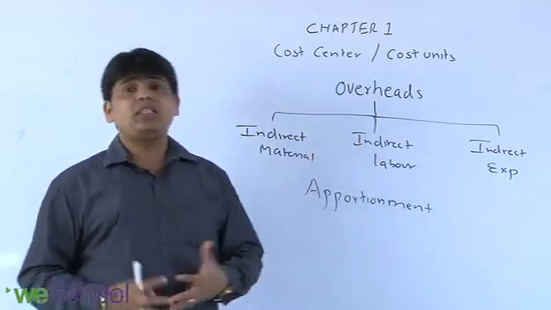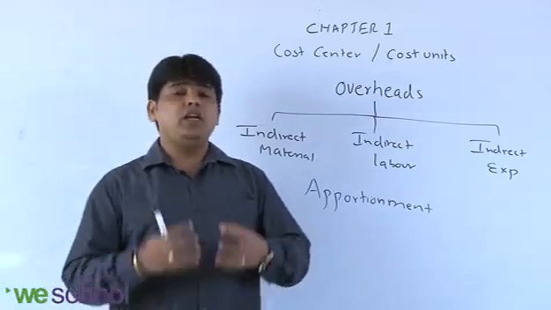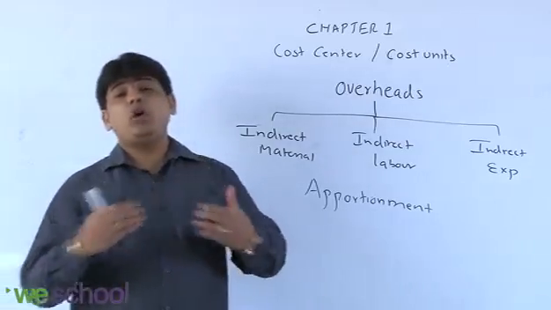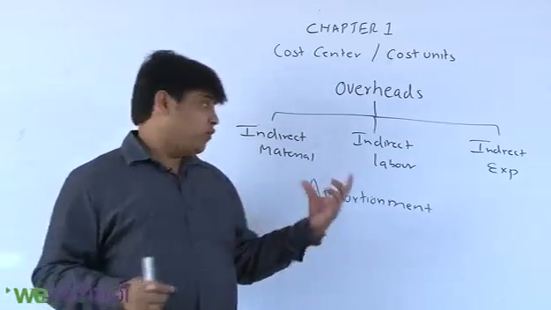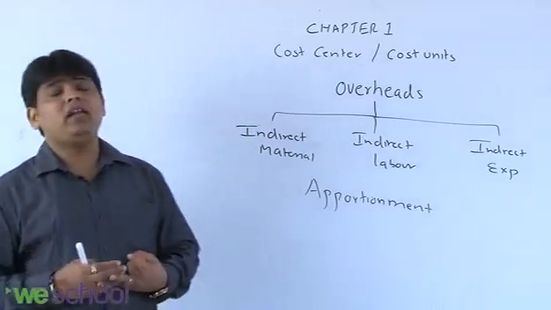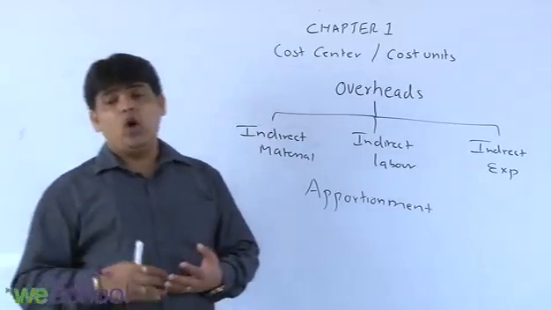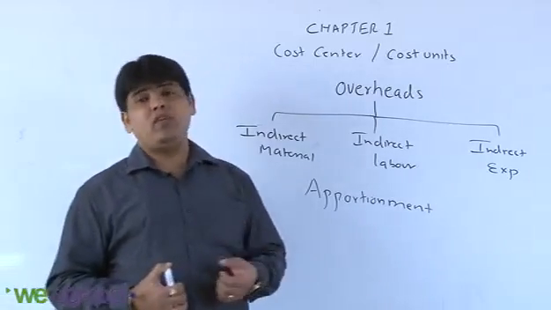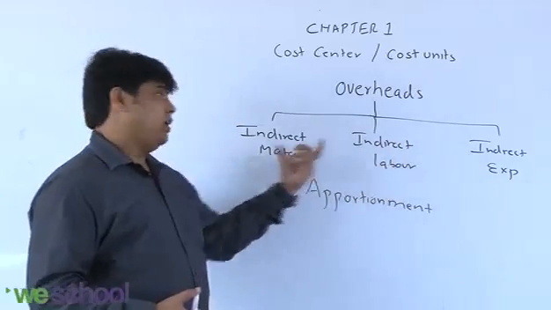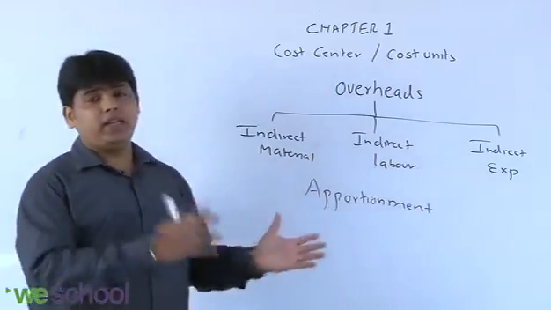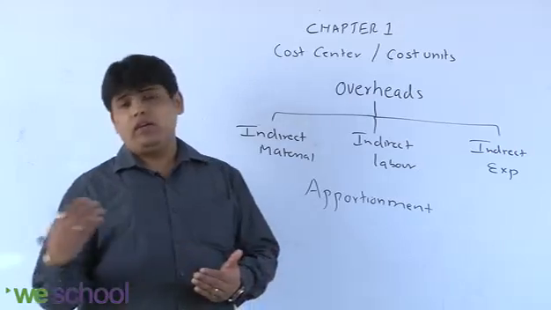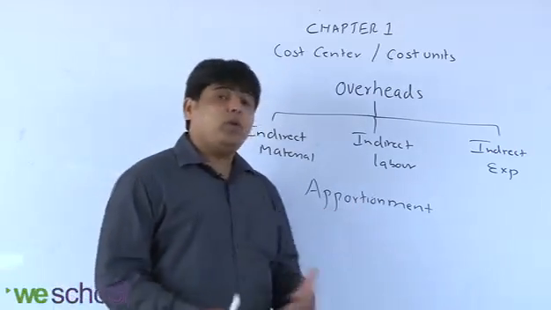But overheads are such expenses which the company finds difficult to allocate. They are common costs. That's the reason they need to be apportioned among the various departments. For that apportionment, the overheads can be classified function wise, or on the basis of behavior, or element wise: material, labor, and overheads. Function wise means factory, office, and admin, and on the basis of behavior means variable and fixed. But overheads need to be apportioned.